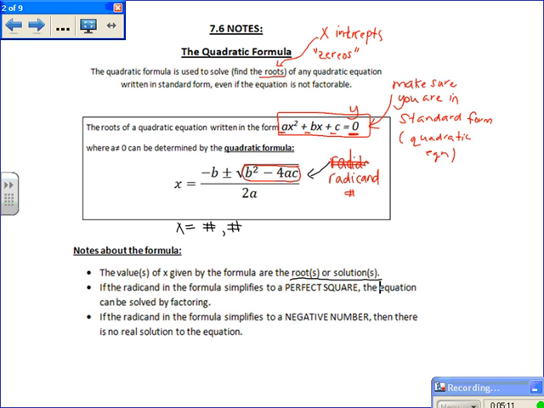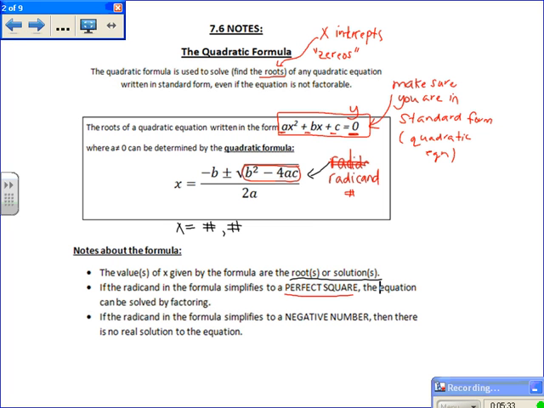And we can't take the square root of a number that is negative. So it has to be a positive number in there for us to actually be able to take the square root and to get a root or a solution. So if we simplify that number, and the number inside the square root symbol simplifies to